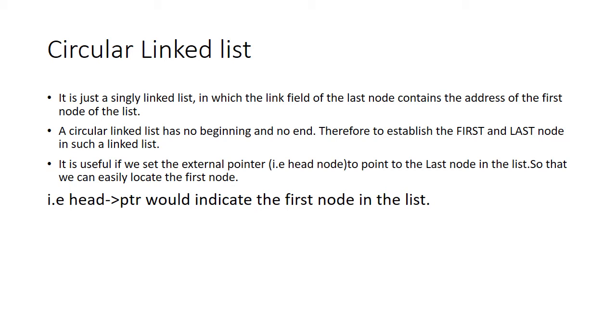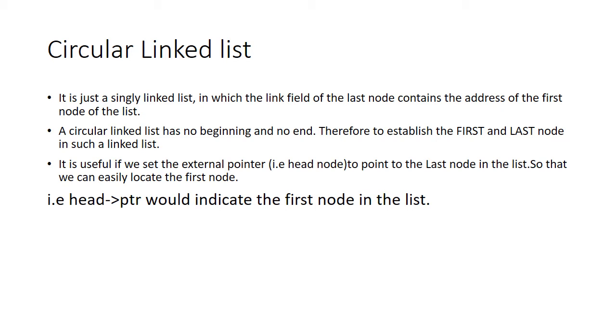Now here in circular linked list, the very first node which we have created, before creating the second node itself, we will name the first node as first. As and when we start creating that circular list, whichever node comes last will be named as last. That is, apart from head, we have two pointers here: first is one pointer which will hold the address of the first node, and last is a pointer which holds the address of the last node.